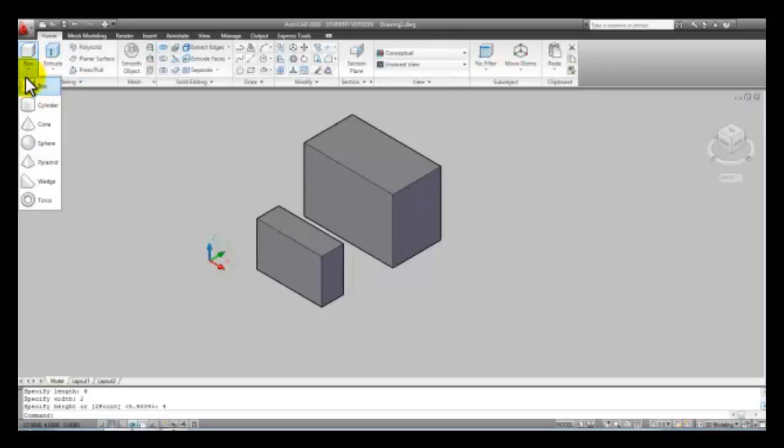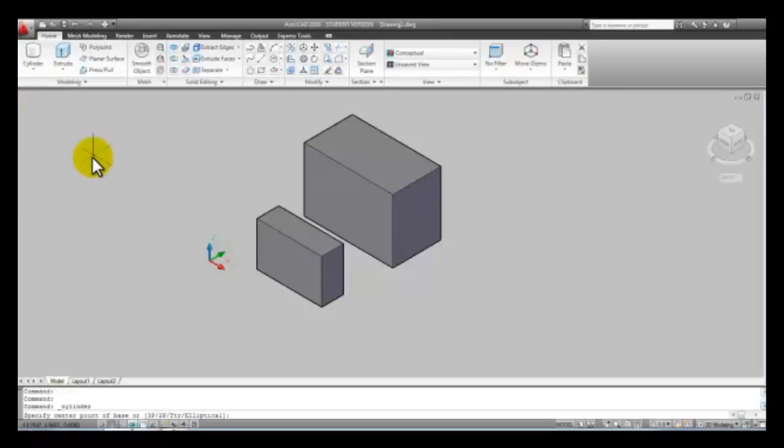We have other shapes that you can play around with here. Let's go ahead and pick the cylinder icon. With the cylinder, watching your command line, we'll be picking the center point. We'll be establishing our radius, which you could type in if you knew the radius here. Pull your mouse straight up and type in or click for the height. Pretty fun and